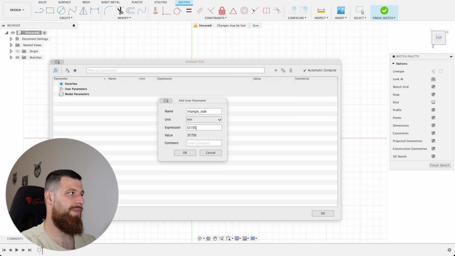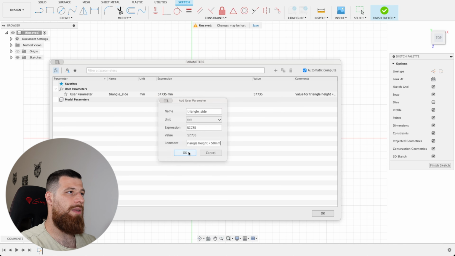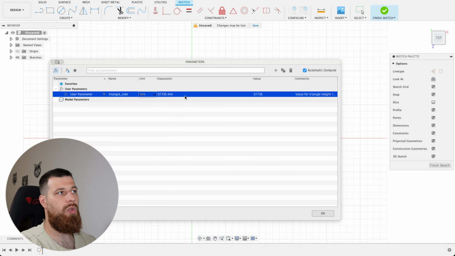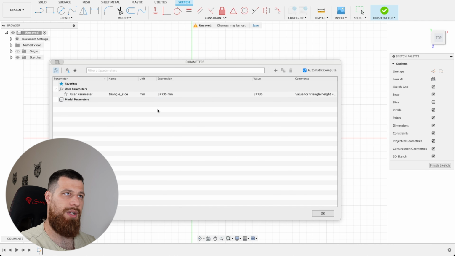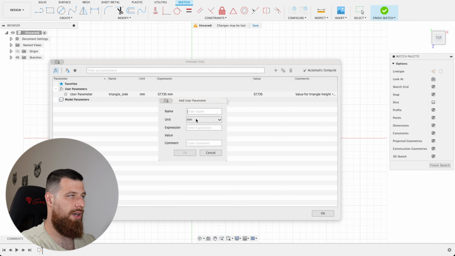57.735 millimeters. You might ask what's with this value, and you can also add a comment below it, and I will say value for triangle height equal 50, and that's basically the reason why I choose this value, and you will see in a minute. Let's go with the triangle height,